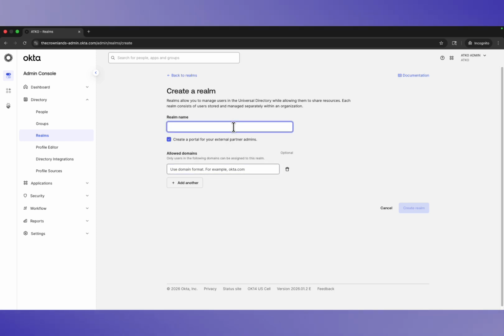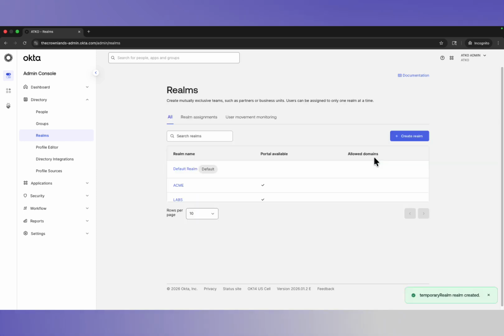And let's say I wanted to create a temporary realm. We can include a domain, so making sure that only users with this email domain can belong to this realm effectively, as well as creating a portal so that partner admins would be able to manage users in that respect as well. So if I were to create the realm,